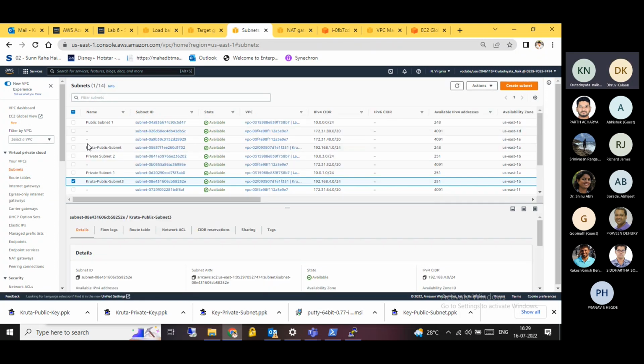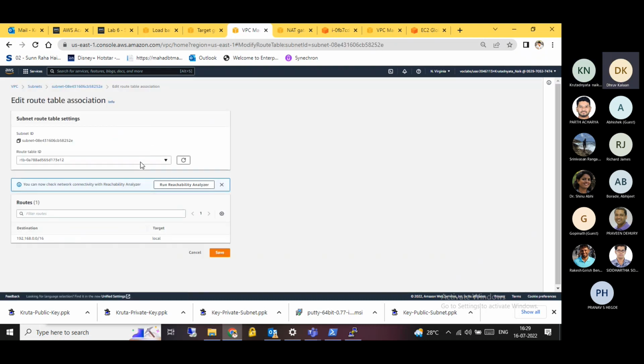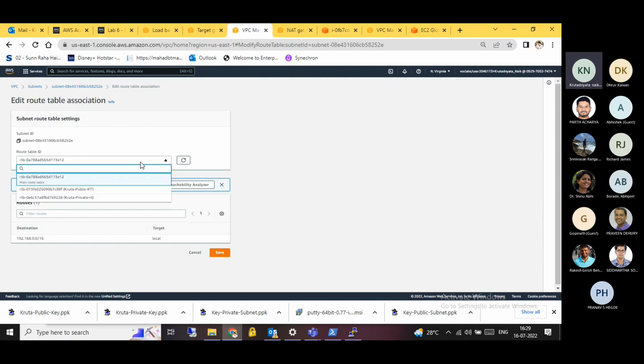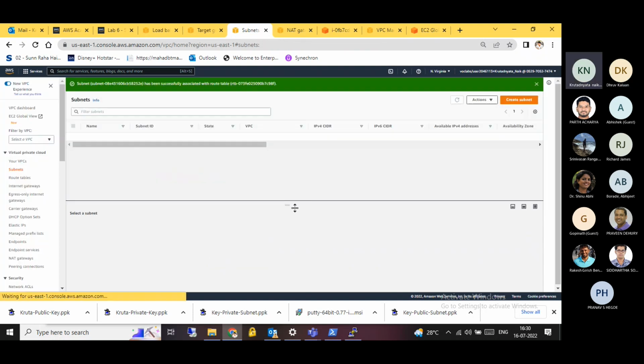Just select the subnet again. Yeah. Route table, edit route table association. Just drop this down. Select the public. Yeah, this is safe. Is it? Now